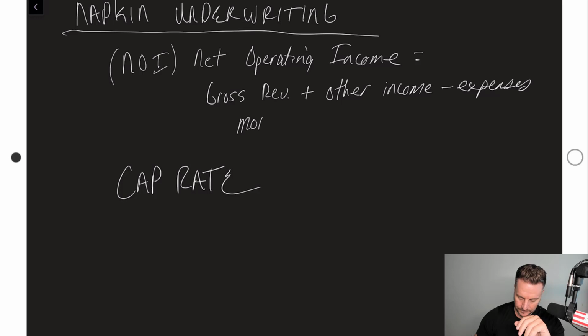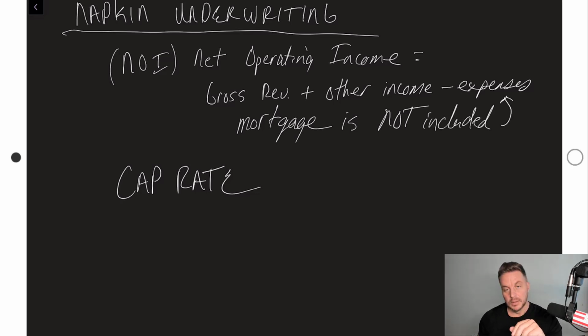That is that the mortgage is not included in the expenses. So you have all these expenses, but the mortgage is not included in the expenses. So that's just one little caveat that I'm not sure why they do it that way, but